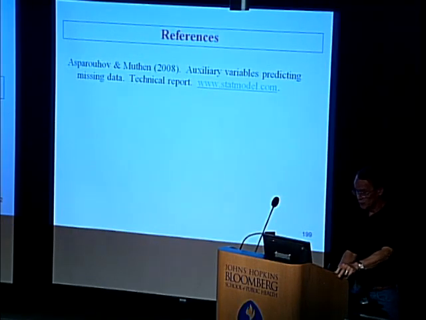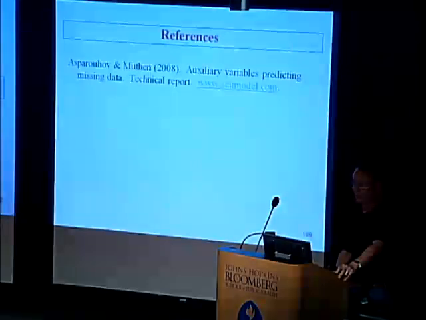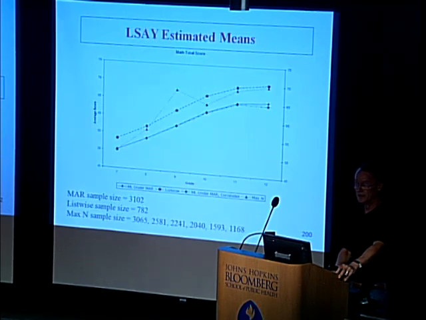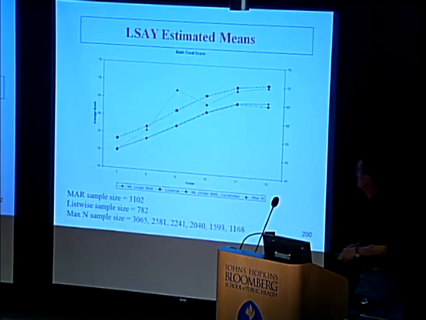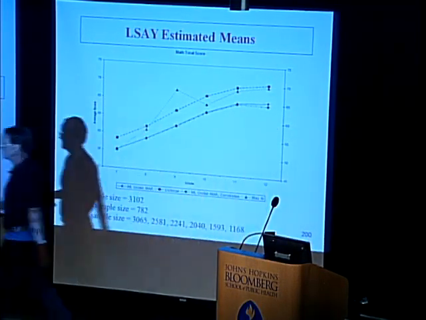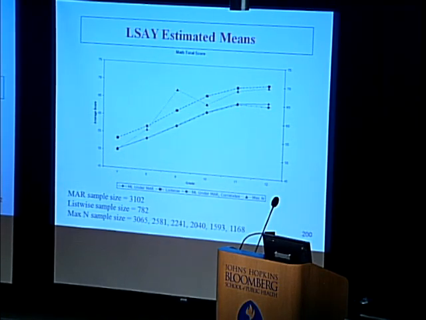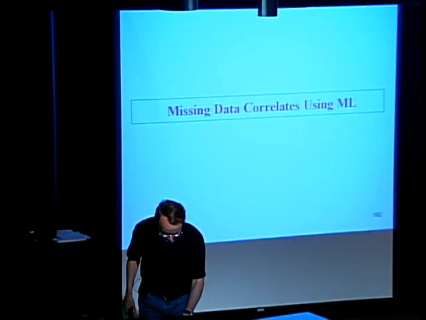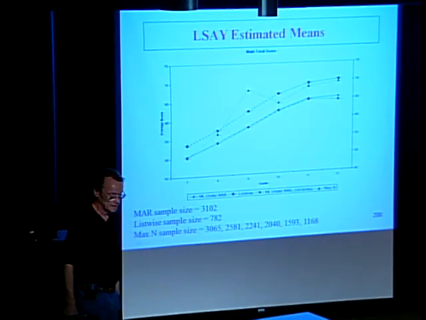The one reason I don't spend more time on it is that the experience I've had to date is that it is quite difficult to come up with missing data correlates that make a difference. Because they have to be strongly correlated with missingness while not strongly correlated with the observed variables that are in the model. And that's a hard thing to accomplish. So let's put that aside now. There are more important things to talk about, I think. And instead, let's focus on slide 200 here for a second as just a segue